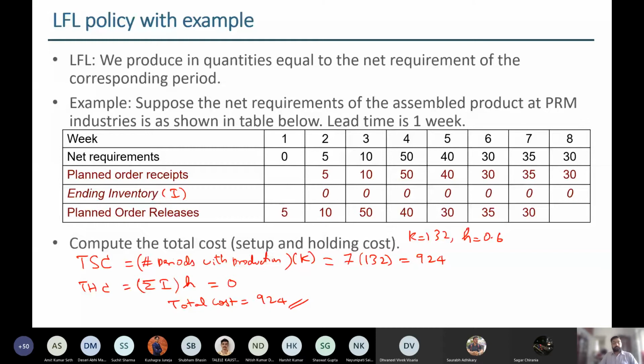Like if you go to a hotel and after you order, they start making your meal, then that is a pull system. But if you go there and it is already made, and as soon as you order, the shopkeeper takes it from the inventory and gives it to you, for example if you order chai and it is already made, then it is called a push system, because he has already forecasted that there is demand and has made the product and kept it, and as soon as the customer comes, he just gives it to the customer.